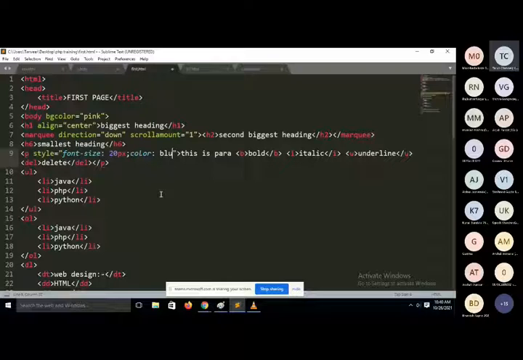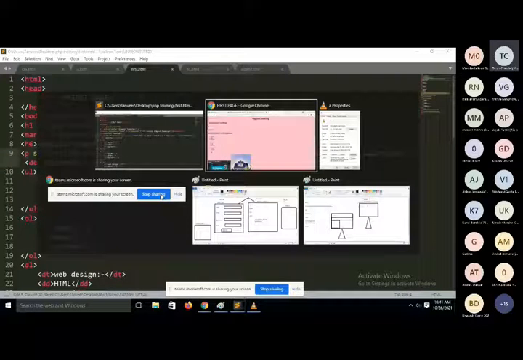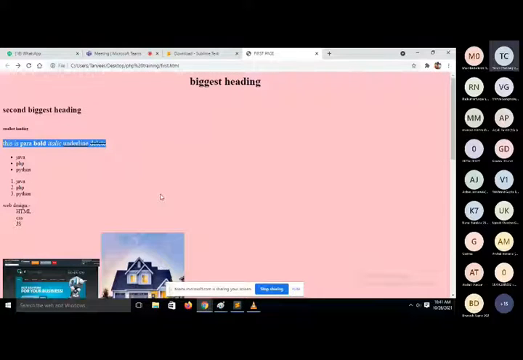You can directly pass any name of color, like I just want to pass here blue, or either you can pass color name, or you will use a function that is called RGB, because we know each and every color is combination of red, green and blue. We will discuss it further, but here we just want to use paragraph text as blue. When you will refresh, see, we are applying here two property. First one is font size as a 20 pixel, and second one is its color. I just want to use blue color here.